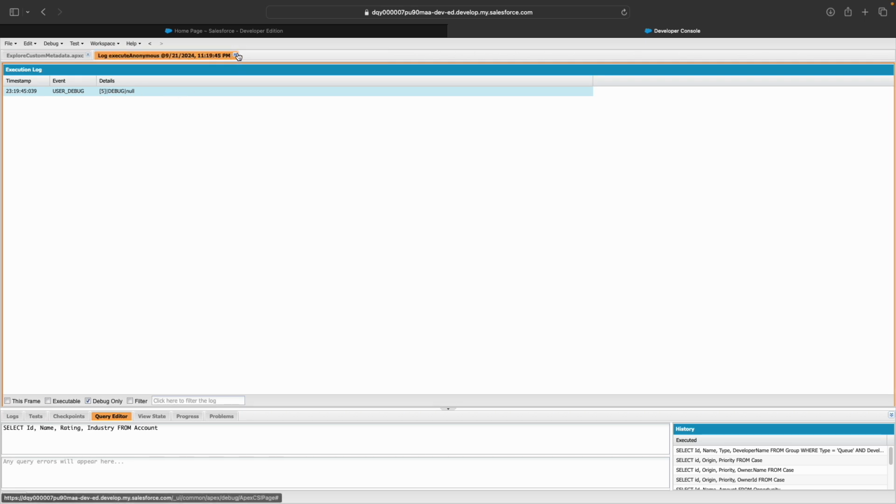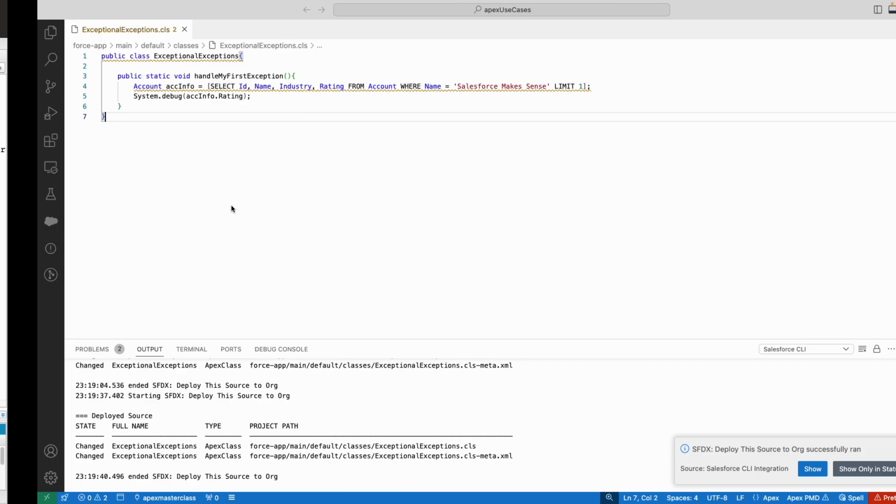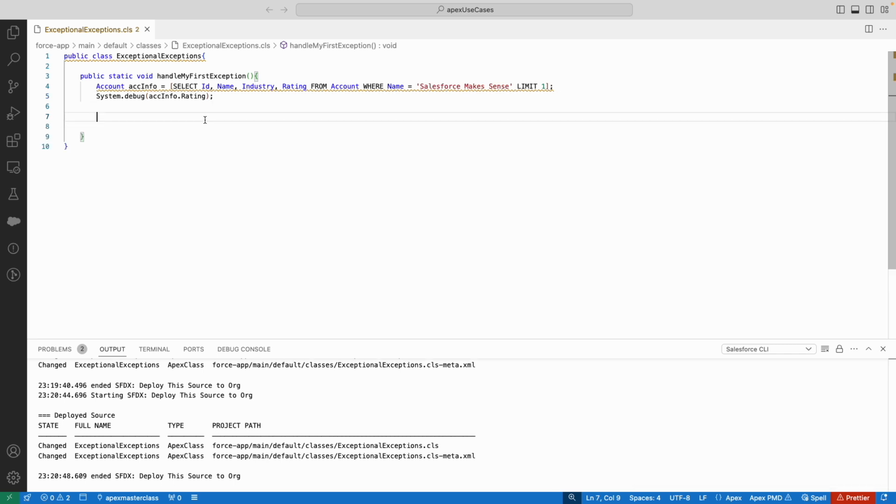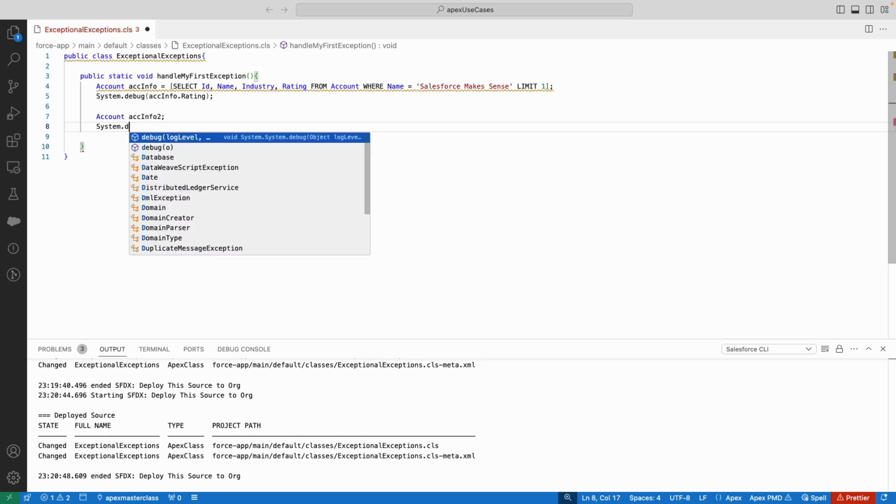Right? So you see, null is coming up automatically when the system is trying to access any variable or anything that does not have a value assigned to it. All right, so now what I want to do is I want to basically try to access any kind of information from an instance that does not really have it. So I want to see a null pointer exception showing up on my window, right? So if I go ahead and say account info 2, right? I've created an instance variable, and now what I want to do is I want to simply print the rating